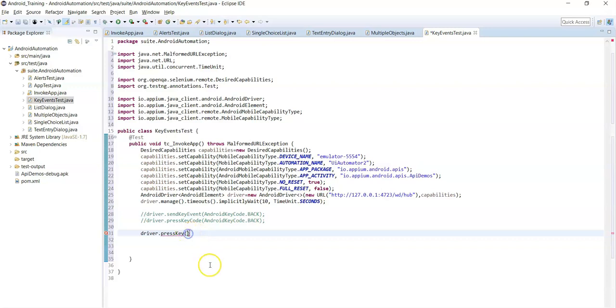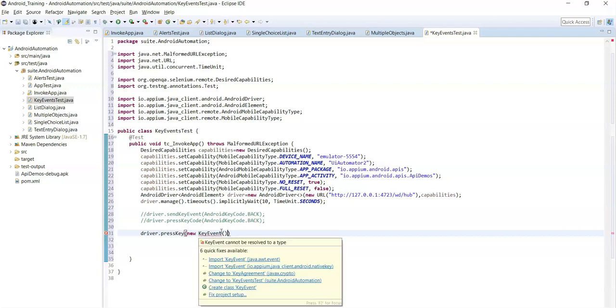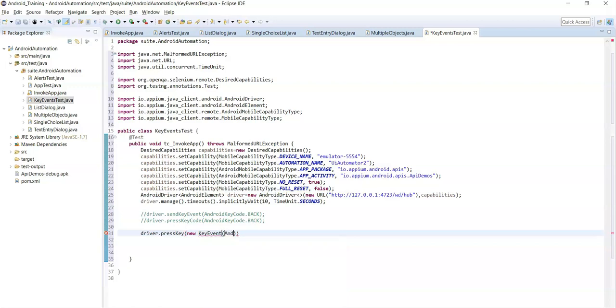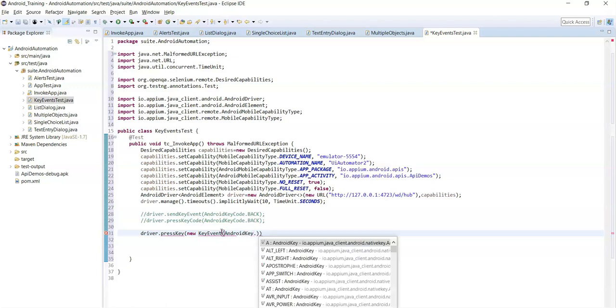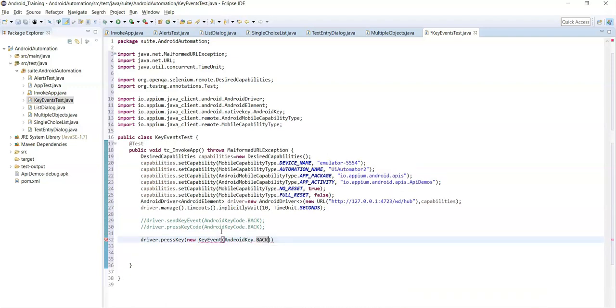KeyEvent is the class name, new KeyEvent, and for this class we need to pass the key code argument, so AndroidKey.BACK.